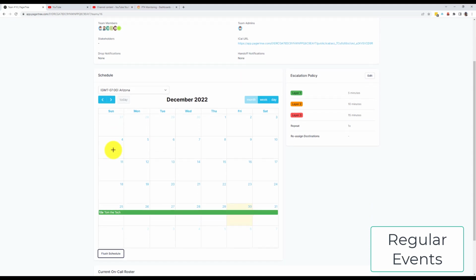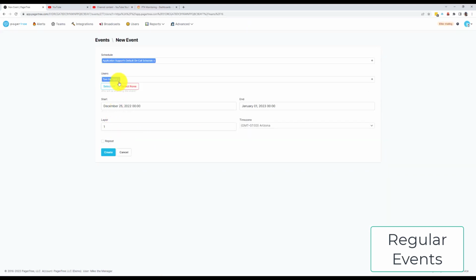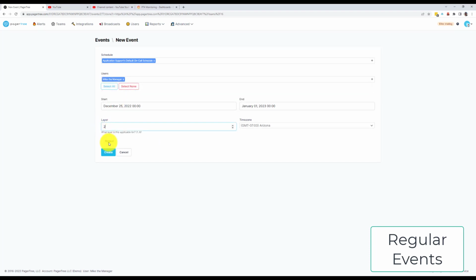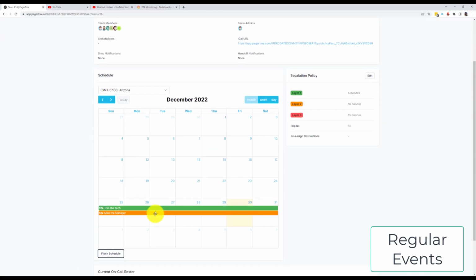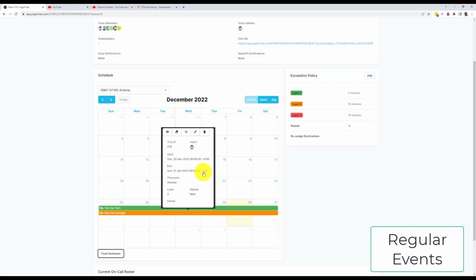It's likely we'll need a backup, and while I could create an event the same way, I'm going to show you an alternate way to create an event. Click the event you just created, then click the Clone button. In the Create form, we'll change the attendees and the layer. Then click Save. If you need to edit or delete an event, it's as easy as clicking on the event, then clicking the Edit or Delete button. You can additionally drag and drop the event if that's easier.